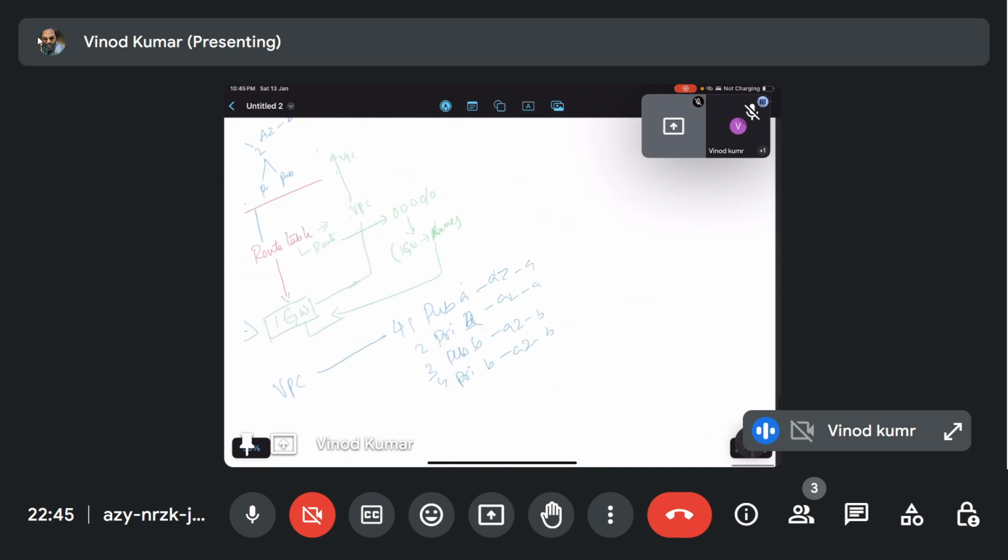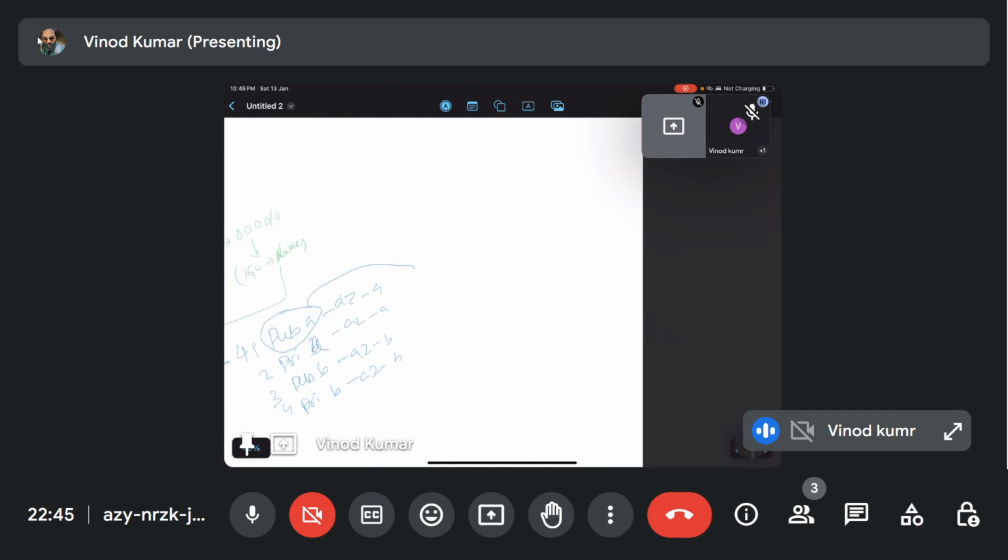Now I want only a specific public subnet to go to the route table for access.